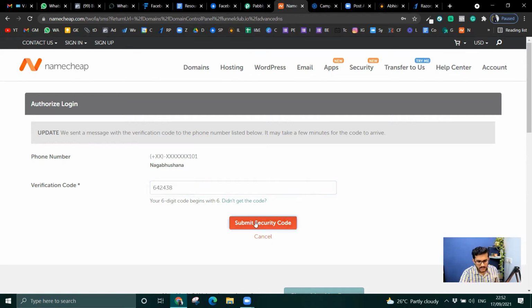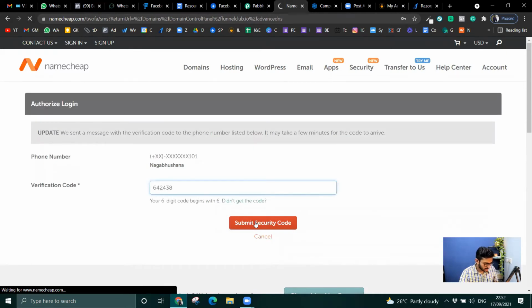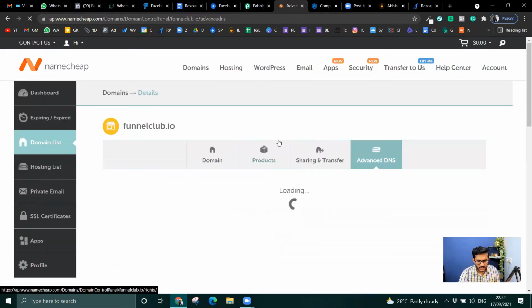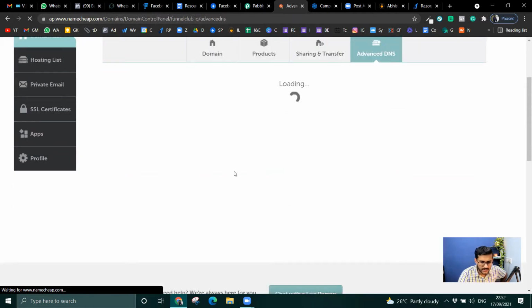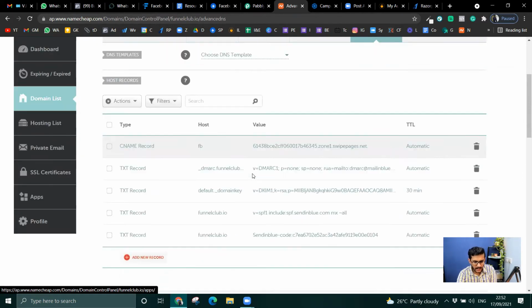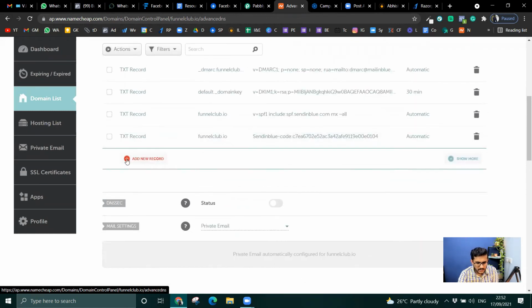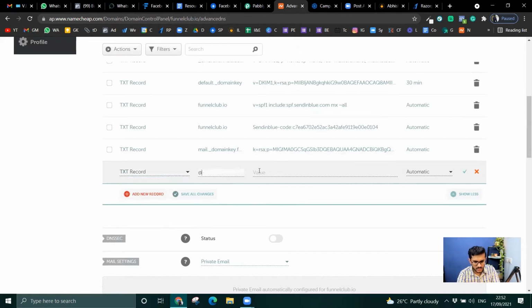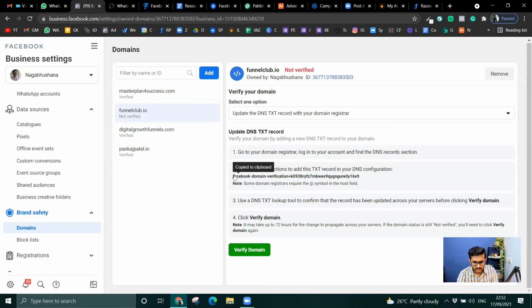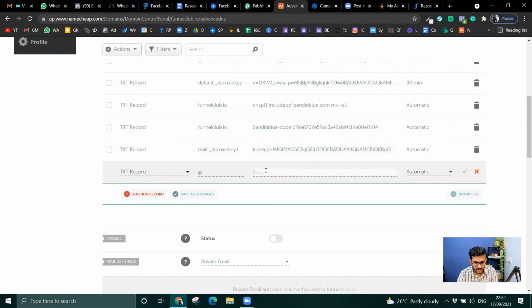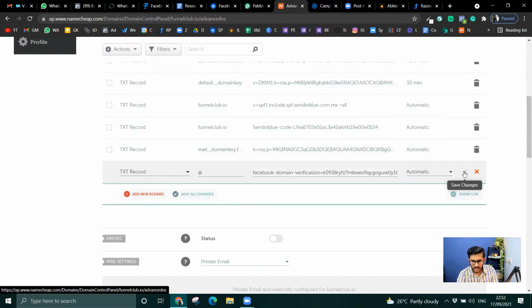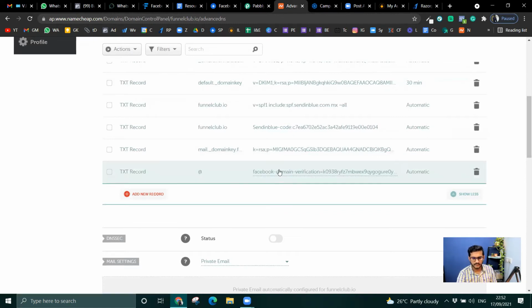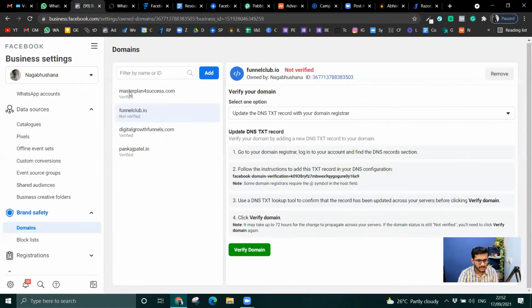SMS code that comes up. Only then I can go ahead and log in and do whatever I want to. So now they are not allowing me because of that. So I will go ahead and add it. Now I'll just go ahead and add a TXT record, add at as a host, and then again give this guy's details. Oh, where did this Namecheap go? Okay, wonderful. So this got updated.